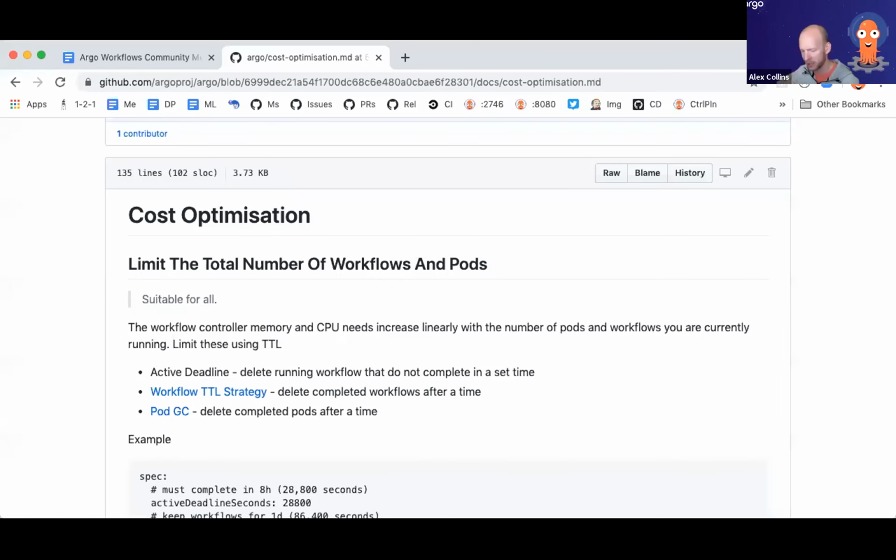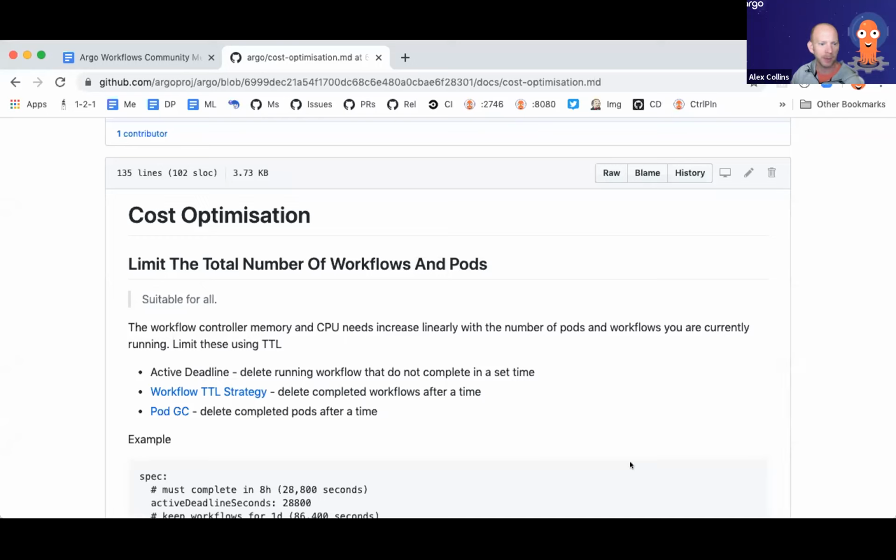Brilliant. Okay, I'm now going to move on to a bit of a discussion about cost optimization. At our company, like other organizations, occasionally you have to go through a cost optimization exercise. We had a look at how people were operating and using Argo workflows, and we've come up with a few recommendations to share. We also want to hear about any experiences from the trenches that you're able to share with us. So feel free to chip in at any point during this.